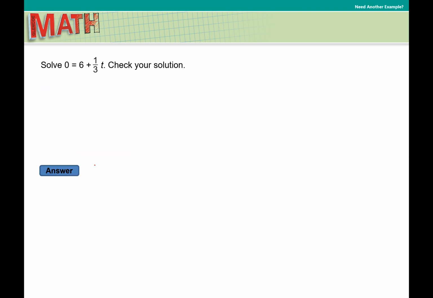Go ahead and work your way through this problem and check your answer when you're done. You should have got an answer of negative 18. 0 equals 6 plus 1/3 t. Subtract 6 from this side. So negative 6 equals